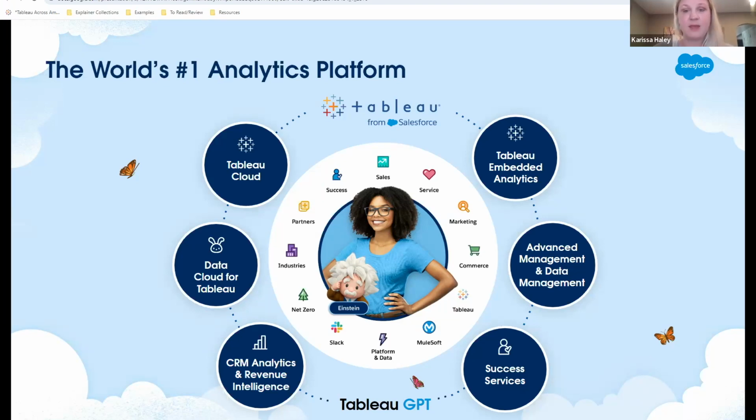I'm going to talk a little on the next one down in the middle here, data management. Data management in Tableau is an add-on product, but it gives you more governance. You have data lineage, so you're able to see who created this data source, what changes they've made, and whether this is an actual good data source to pull from or a messy data source that we maybe cannot trust.